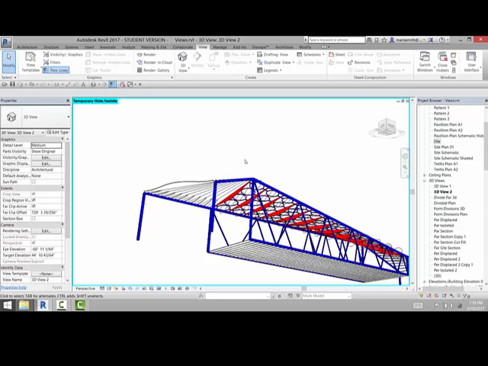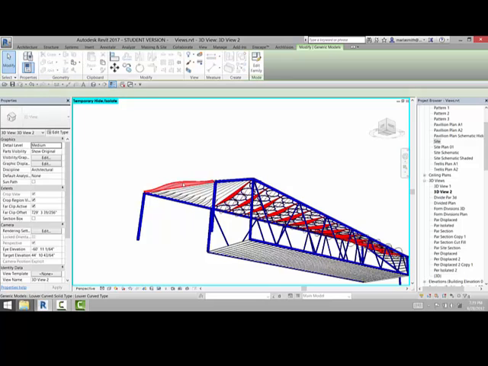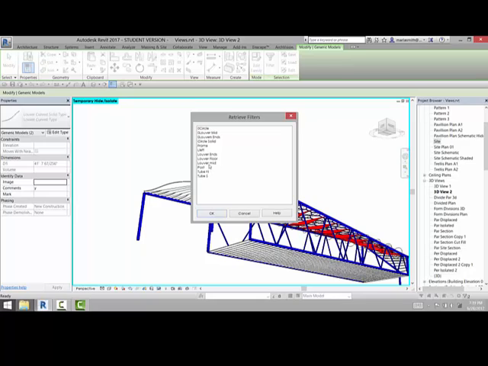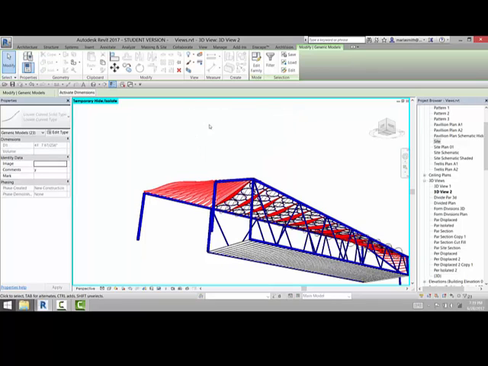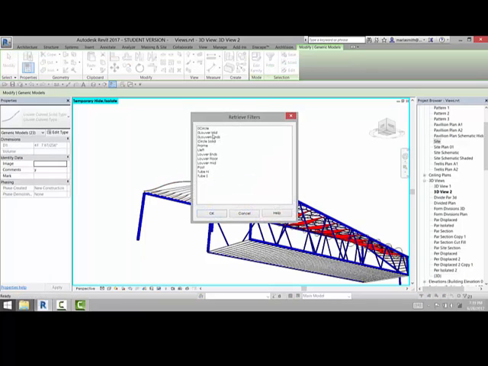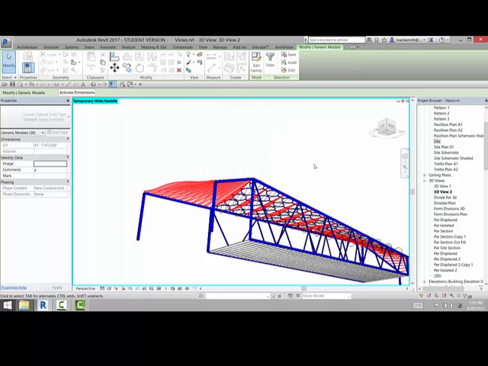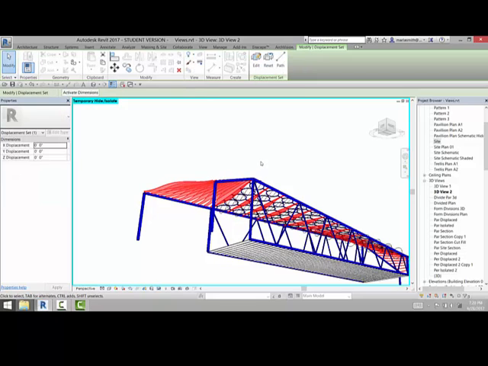So now what I'm going to do is I'm going to use these selection sets. I'll just pick 2 of those, and now I can go to load, and I can load the louver, the 0 louver ends, and then I can load the mid as well. And so now I have all of those selected, and I'm going to come up here to what's called Displaced Elements. And it's in the View panel, and I'm going to left click on that, and it's going to give me